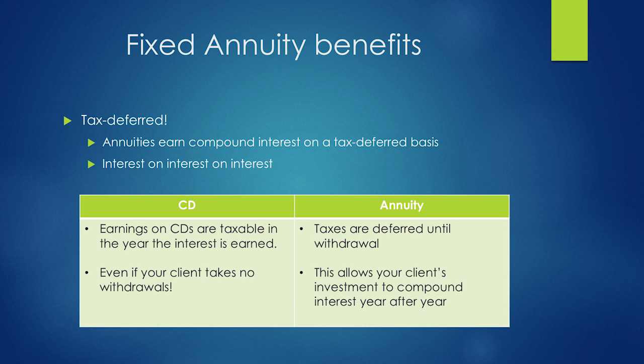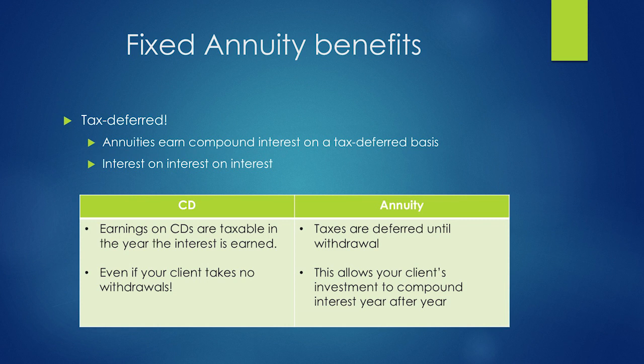In most cases, it comes out on a gain first basis. The only time it doesn't come out gain first is if you annuitize, and then they calculate what part is gain and what part is principal. But if you just take regular annuity withdrawals, it comes out on a gain first basis. So you'll be paying tax. That is part of your income. I don't want to get into qualified and non-qualified money right now, but I will get into that later.